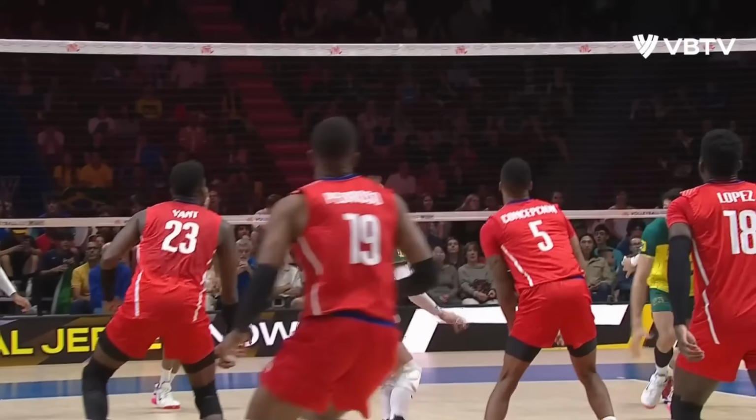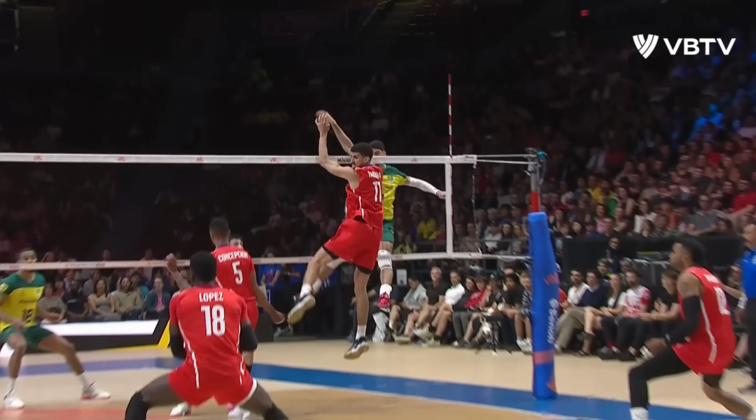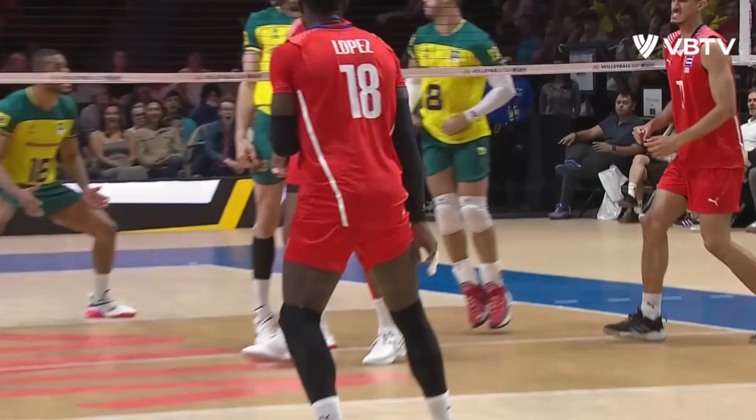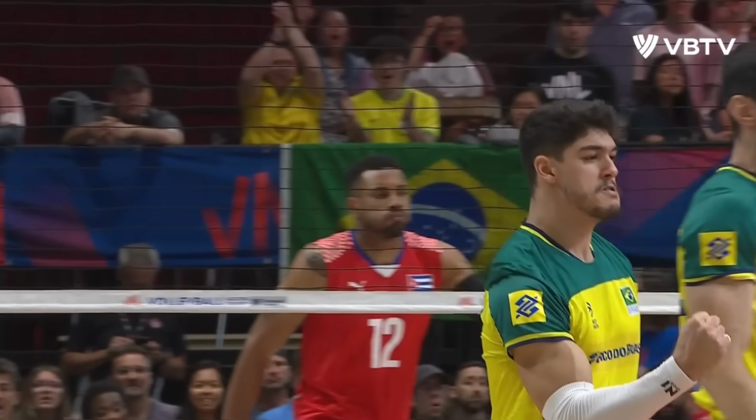Yeah, you're sure right about that. This was important for Brazil to put the ball in play. And you see that one-handed set from Bruno. Well, pushing it out that far is incredibly challenging. So Cuba's block was expecting...